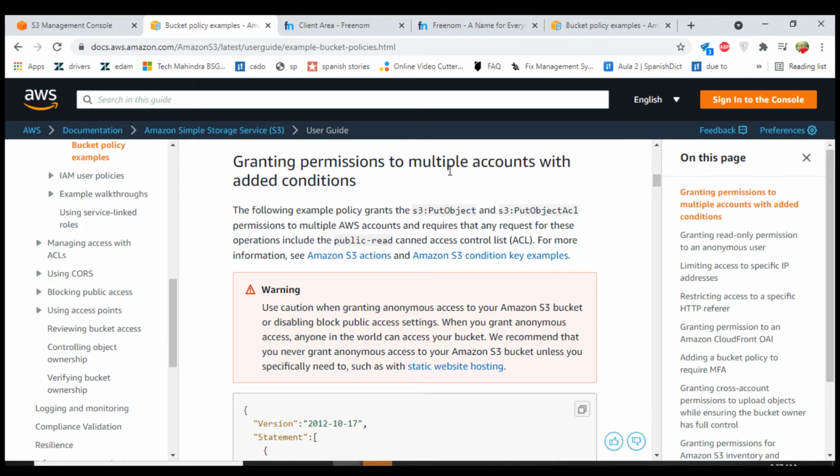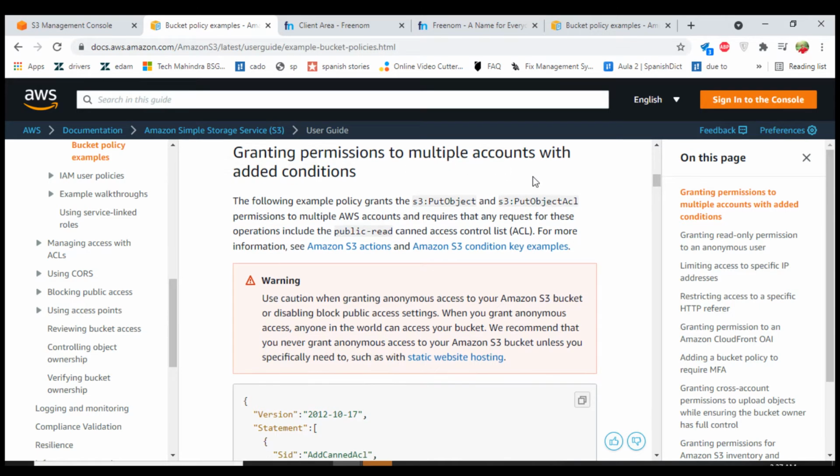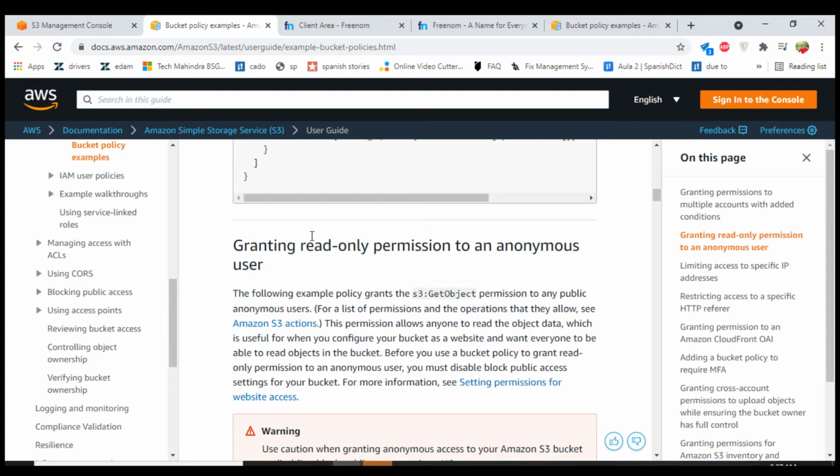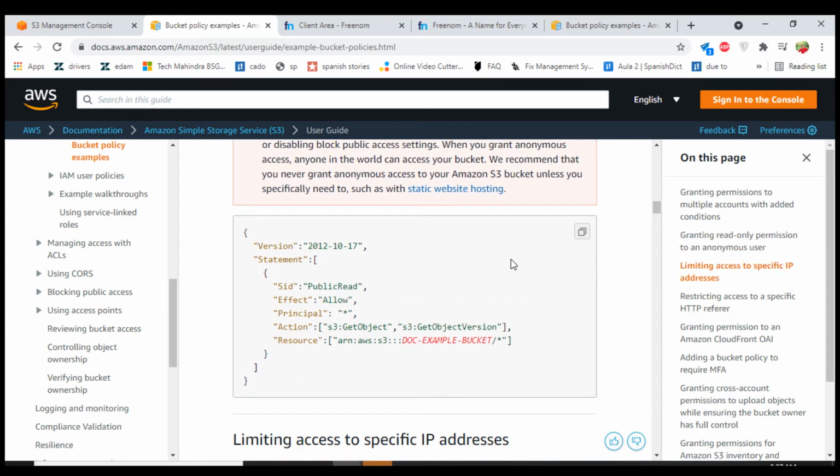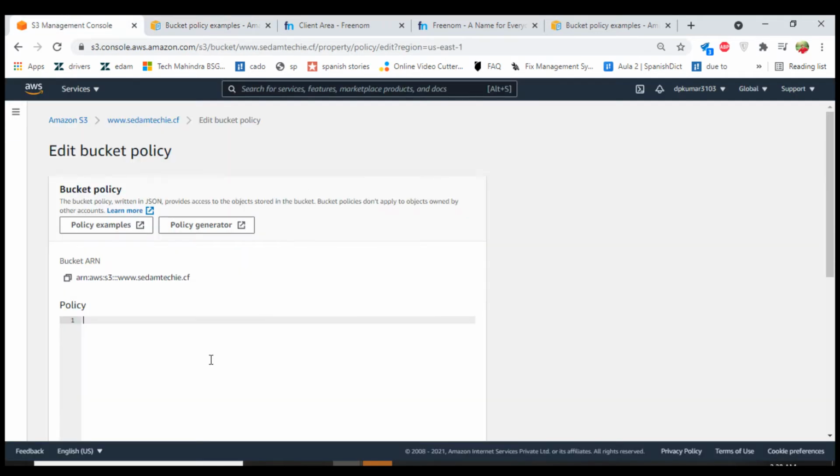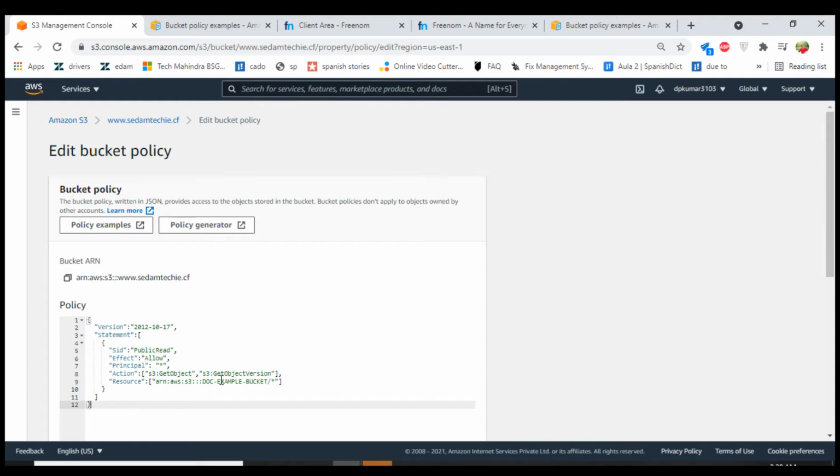Granting permissions to multiple accounts. No, we are not going to do that. Granting read-only permissions to an anonymous user. Yes. Copy this content here, come and paste it. Once you paste it, you have to remove this one and replace it with your domain name, www dot cf.